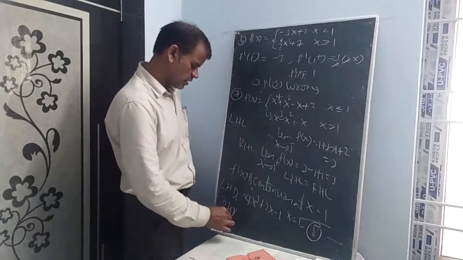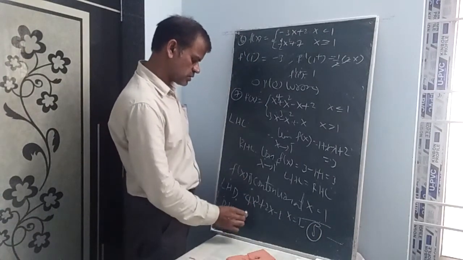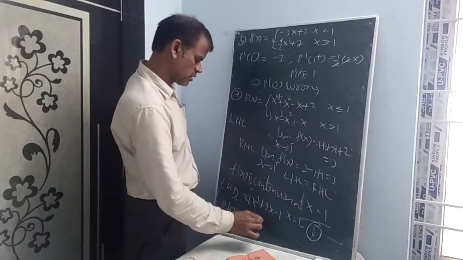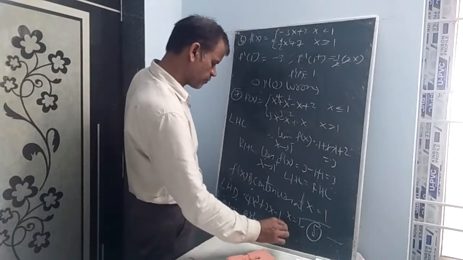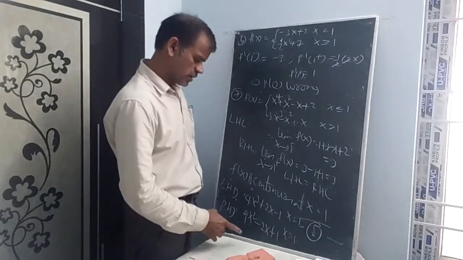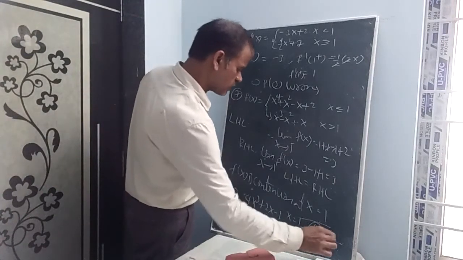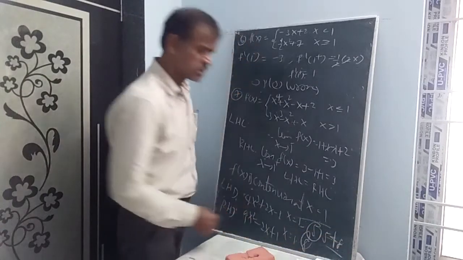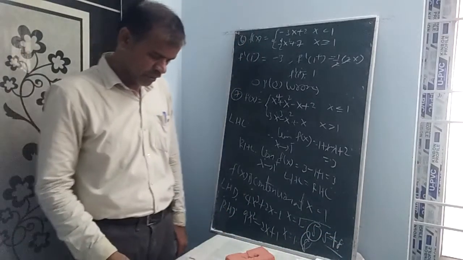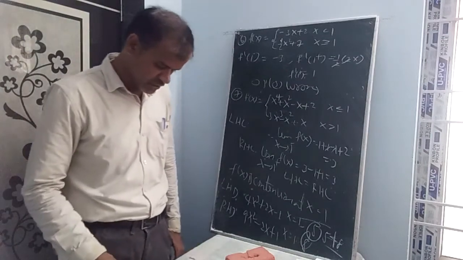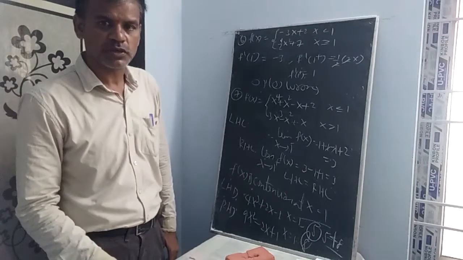Next let us calculate RHD. So here this can be written as 9x square minus 2x plus 1. x is equal to 1, you substitute 9 minus 2 plus 1, so this is 8. 5 not equal to 8, so it is not differentiable. According to the option, simply continuous everywhere is the right answer. Seventh question, first option.